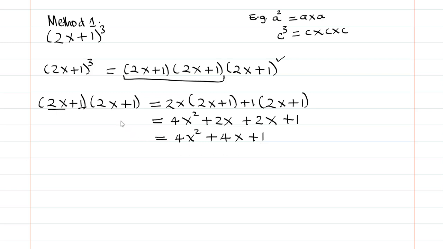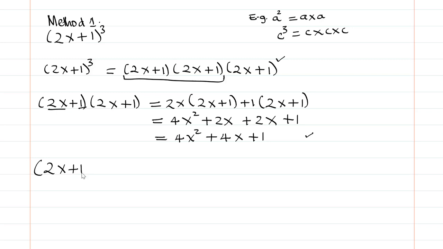And we have expanded these two and we have simplified. So we can see clearly that the result of the multiplication of these first two brackets is 4x squared plus 4x plus 1. That is the result. So now that we know this result, we can now say